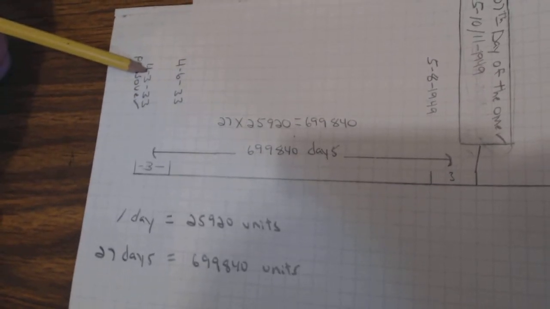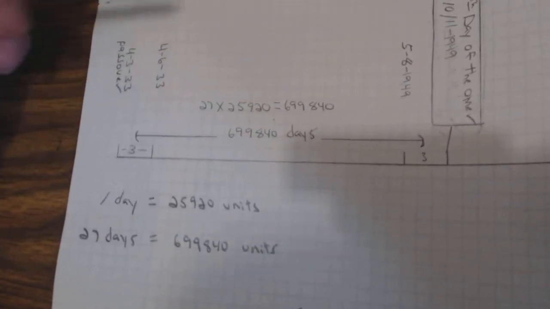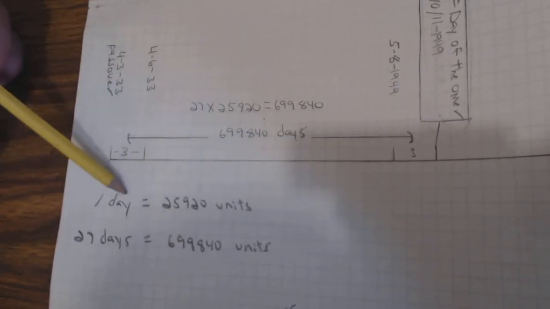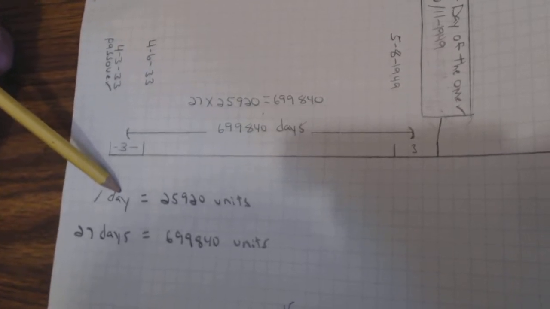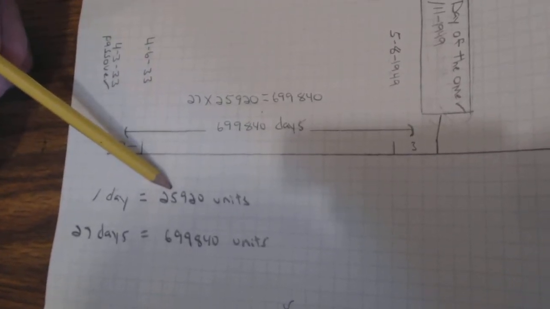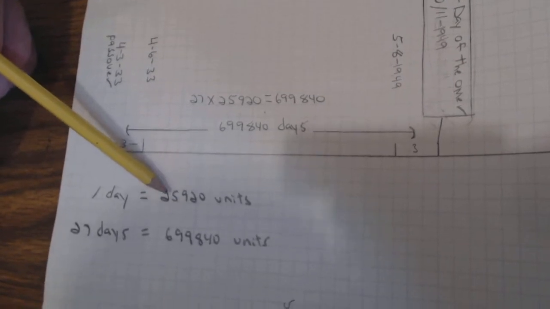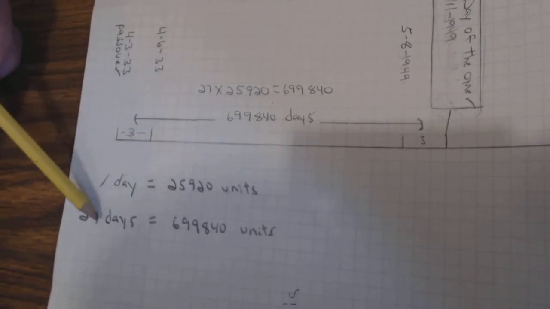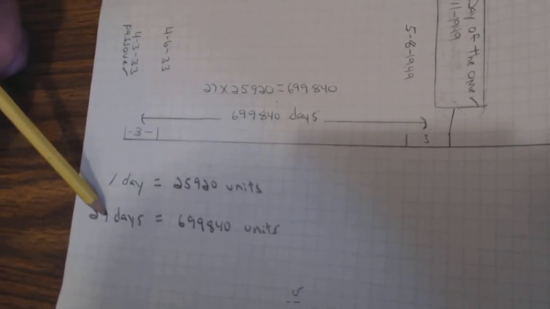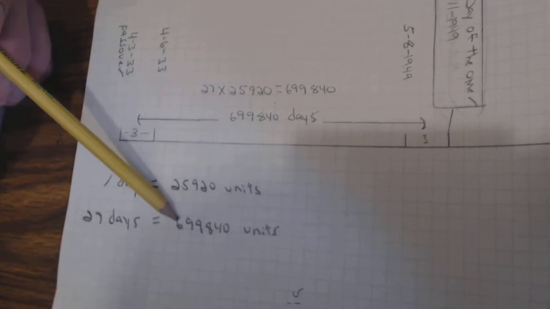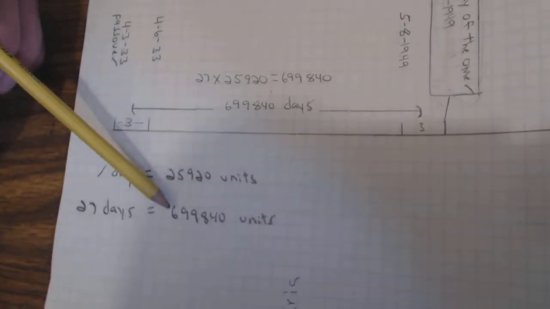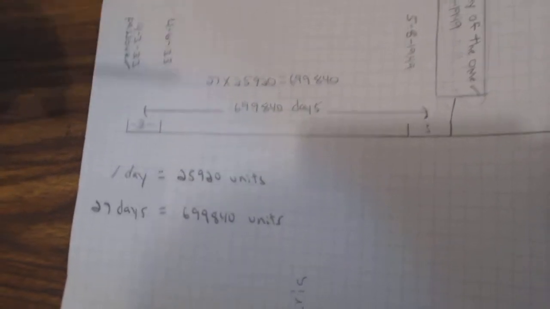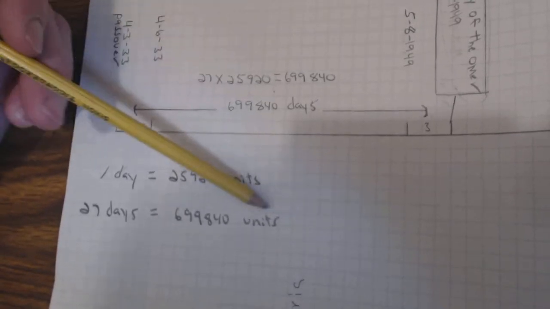This was the Julian date. So no matter how you slice it, no matter how you divide it up, and this is what I said before, within the Hebrew calendar system, one day has 25,920 units to it. On the 27th day of the Omer, you'd have an accumulation of 699,840 units. That's how many units you would have.